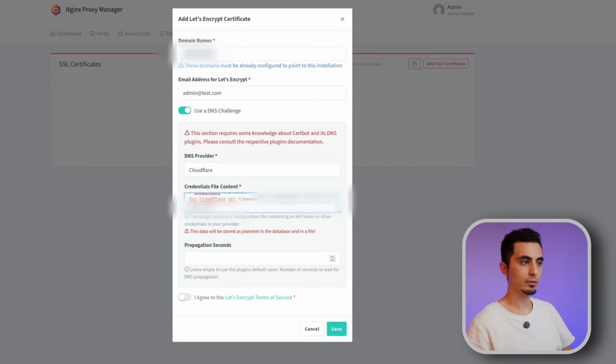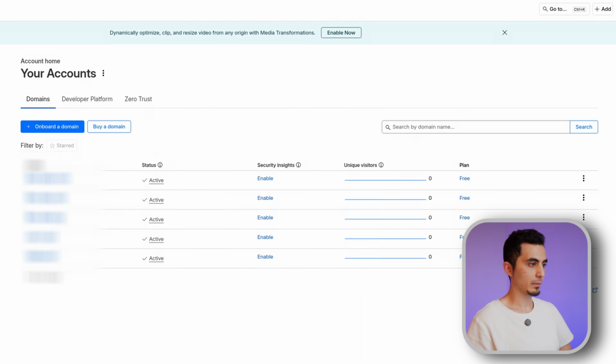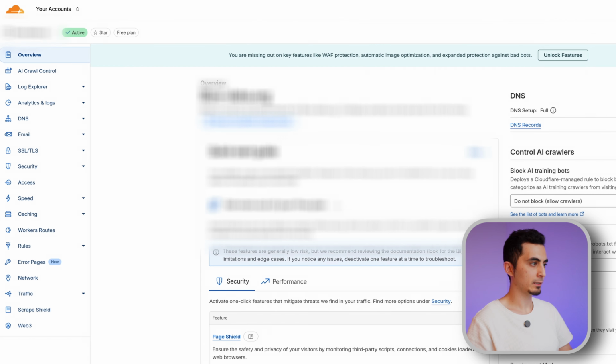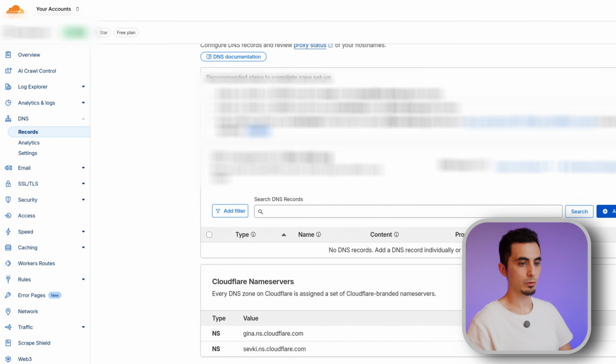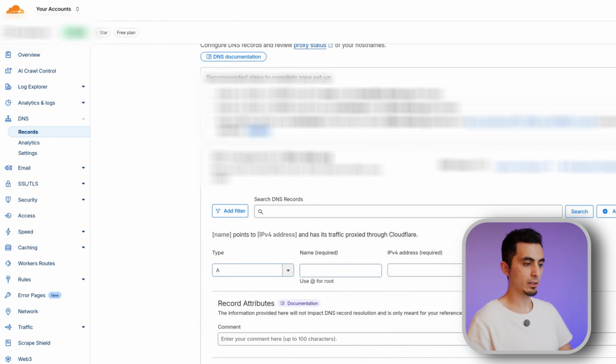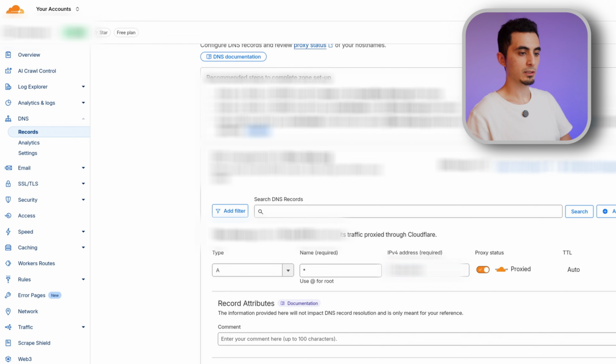Now go back to Cloudflare or your DNS provider. Select your domain and go to DNS. Alright, now click on add. So we need an A record. For name, just use a star. And here you have to type your external IP address. And set proxy to off. Now hit save. Now this will only work if you have a static IP address. So let's say if you have purchased one from your ISP, or if you are using any cloud server from Hetzner or something else.